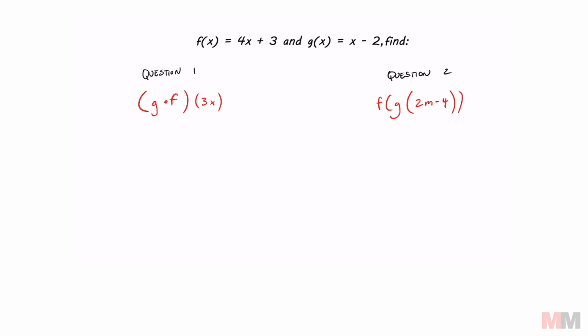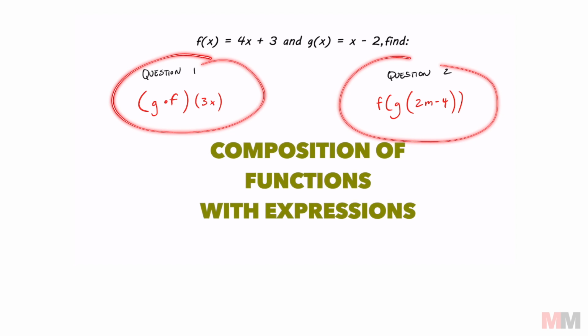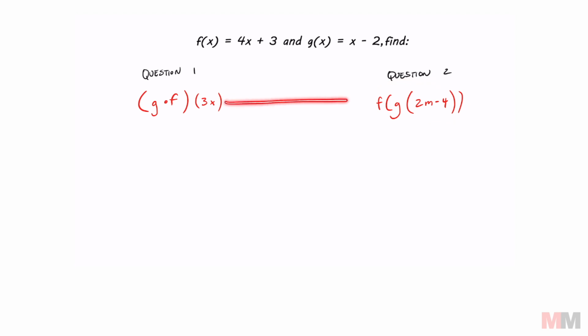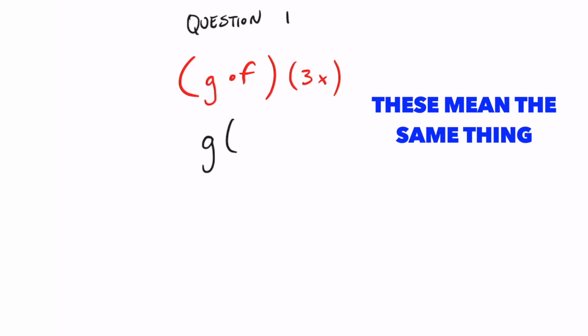These two questions right here look a little different, but they're pretty much the same thing. These are composition of functions. This time it's just going to be a little more difficult because these are expressions right here. So if you want to write this in this version, all you have to do is start with the first letter G, followed by a parentheses, F, another parentheses, put in 3x in there, and now we can start that